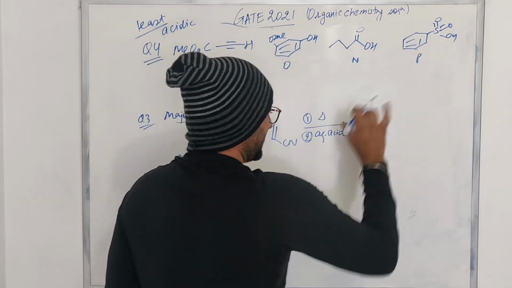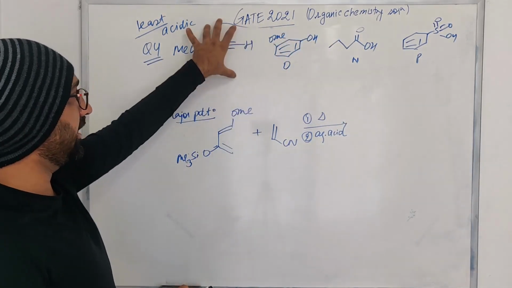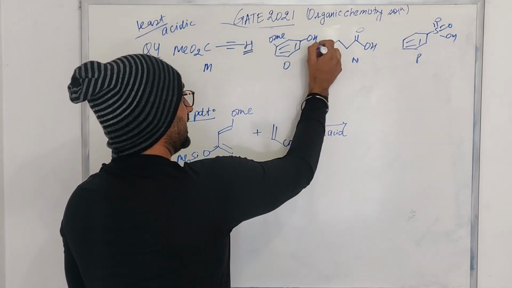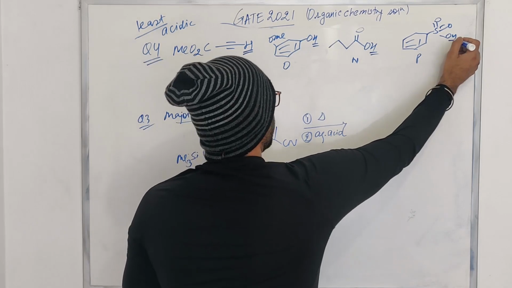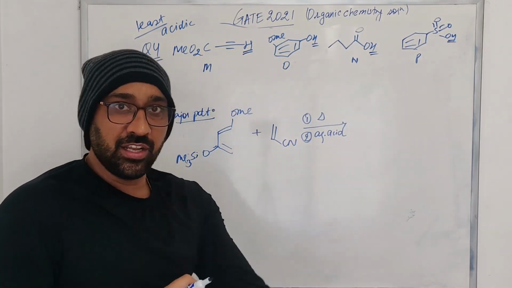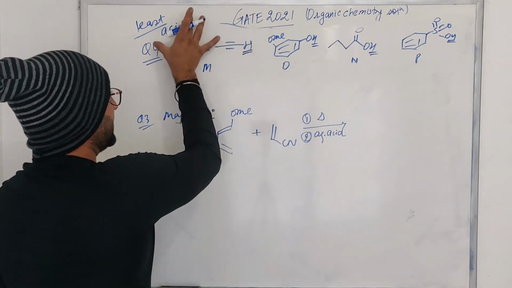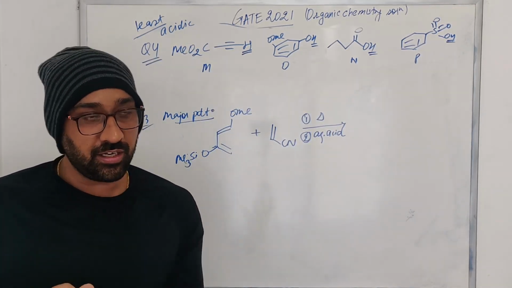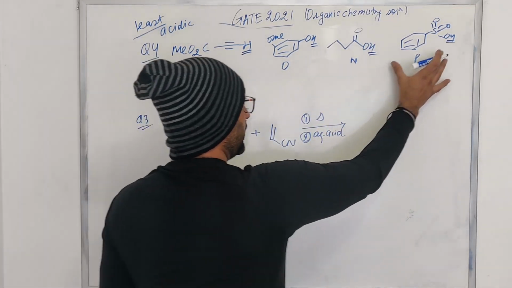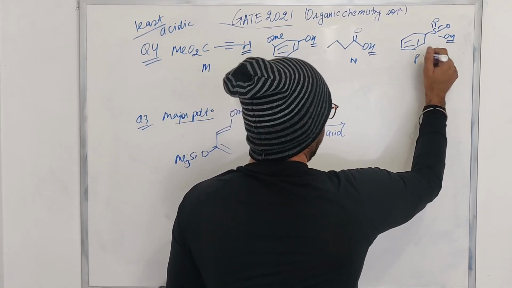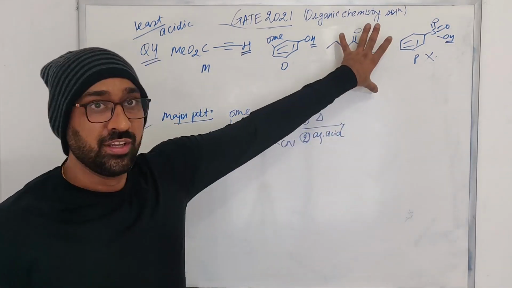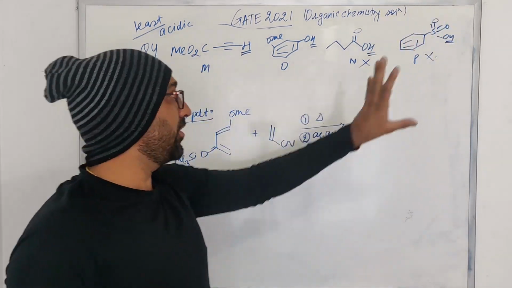Here what we have is an acid, here an alcohol, and here an alkyne. So here basically we need to look at these protons, when we talk about acidity, how easily it can give away these hydrogens. Least acidic मतलब इनमें से सबसे ज्यादा stubborn कौन सा है to give its hydrogen away. Now we know sulfonic acids are very acidic, so P cannot be. Normal acids are pretty acidic, so these two are very acidic, these are not least acidic.